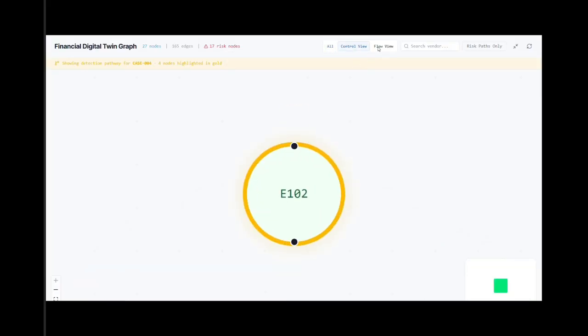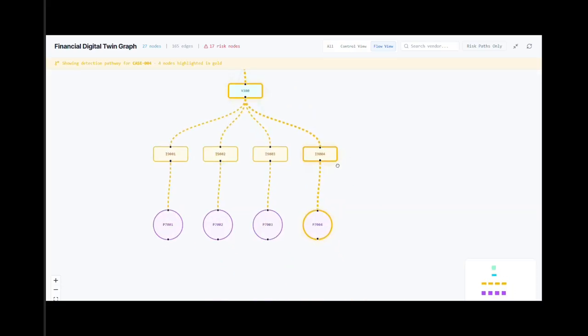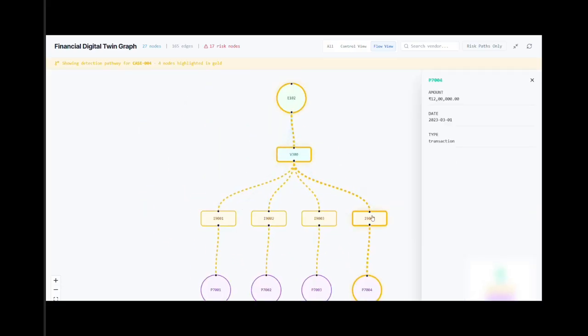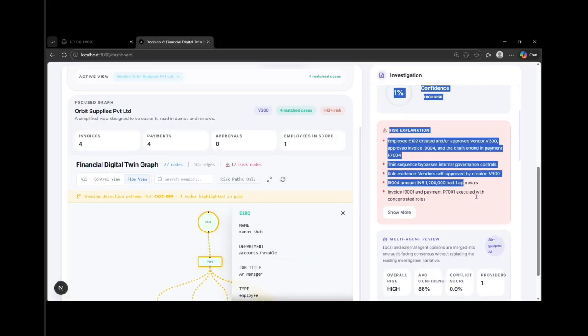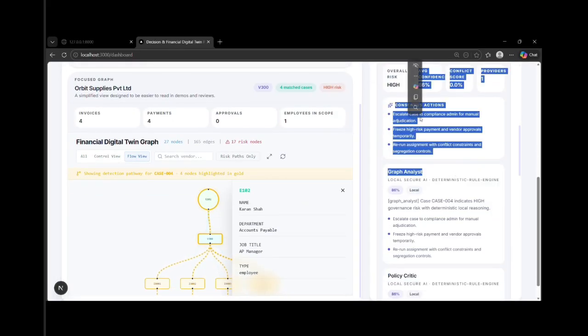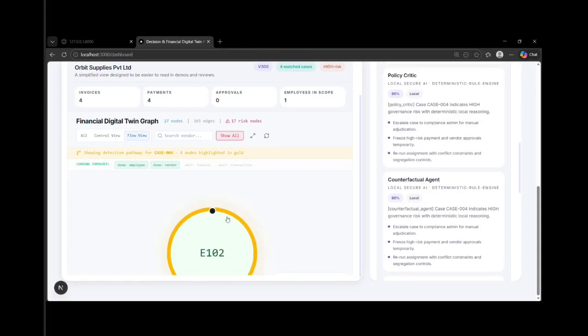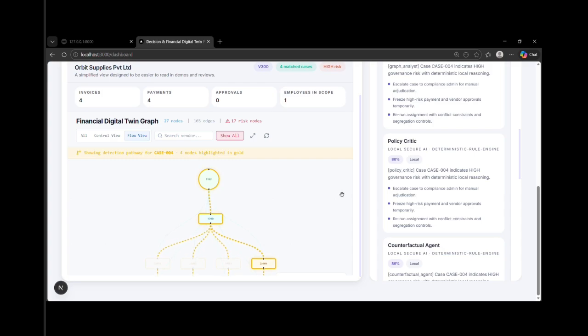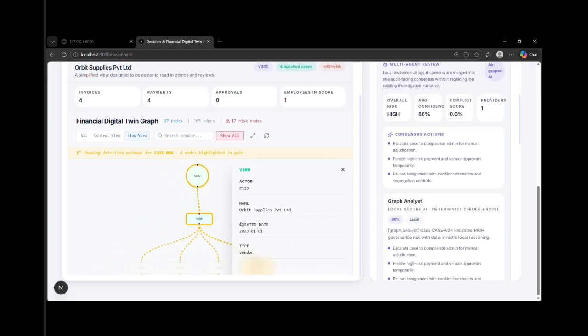The key feature is our decision pathway analysis agent. This agent reconstructs the full financial process so auditors can clearly see what they want for investigation: who created the vendor, who approved the invoice, who authorized the payment, how the process moved step by step, and how internal controls may have been bypassed or manipulated. So instead of only showing alerts, our system shows the entire story behind the transaction, making auditors faster, clearer, and